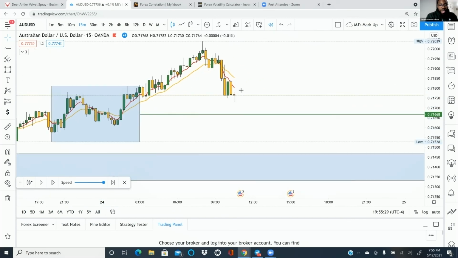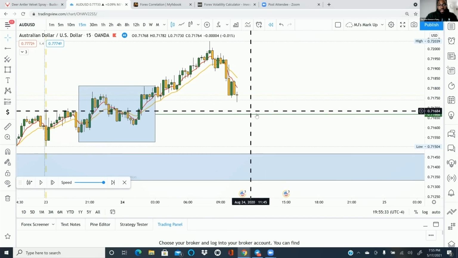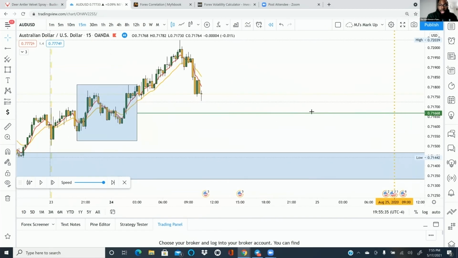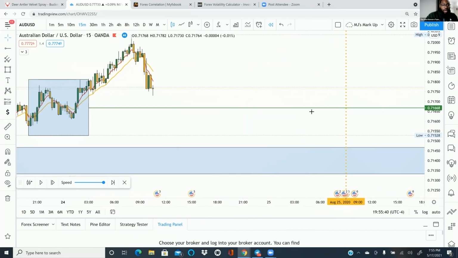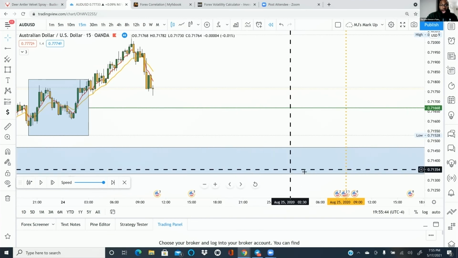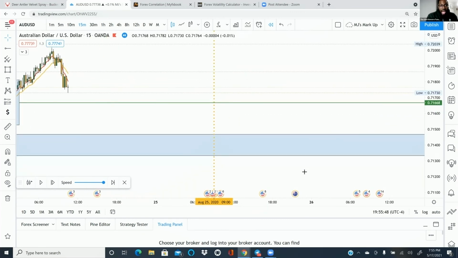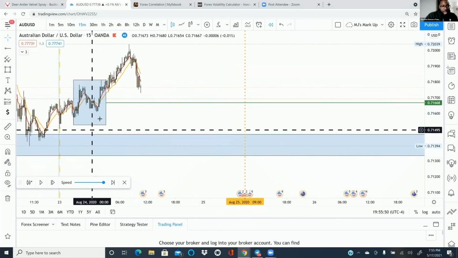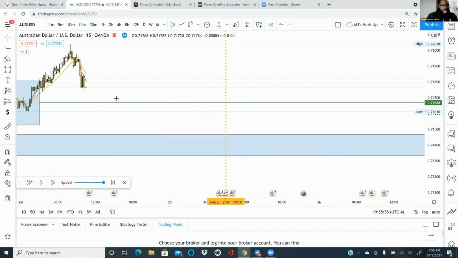Even though I do see this expansion to the highs, I'm looking for buying opportunities. So I'm either looking for a buy off the Asian session midline when I get to the time frame that I'm allowed to take a trade, right? Or I'm looking for a buy somewhere underneath the Asian session low, right? And this is when I want to see how price plays out, because as we see here, again, we've got the box, okay? We've got our Asian session box,